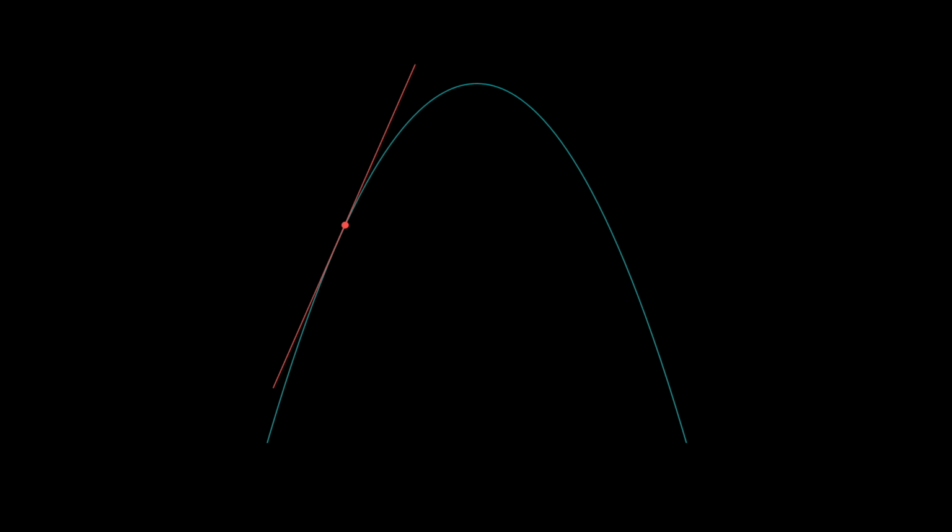For some properties, we only need the cutting process without the stitching. For example, when we want to find the tangent to the curve at a particular point, we use calculus to cut the curve into infinitely small pieces, and then extend the piece at that point to get the tangent. And when we want to find the point of maxima, we use calculus to cut the curve into infinitely small pieces, and then look for the piece which is horizontal, and that would be the point of maxima. And if the curve is bent downwards, then that would be the point of minima.